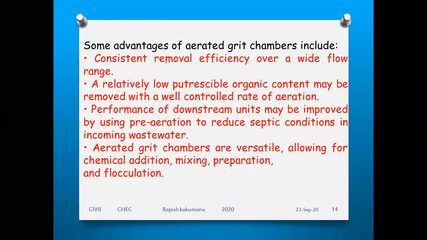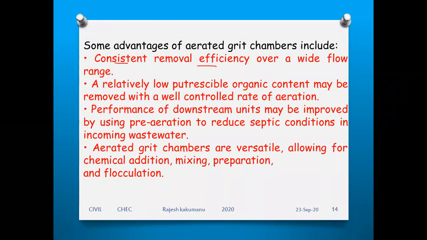Consistent removal efficiency over wide flow range. సో కన్సిస్టెంట్ గా అంటే కాన్స్టెంట్ గా ఒక పక్కా ప్రణాళిక, రైట్? కన్సిస్టెంట్ రిమూవల్ ఎఫిషియన్సీ ఓవర్ వైడ్ ఫ్లో రేంజ్. సో వీ ఆర్ హ్యావింగ్ గుడ్ ఎఫిషియన్సీ వెన్ ద వాటర్ ఇస్ రిమూవ్డ్. నెక్స్ట్ వన్,